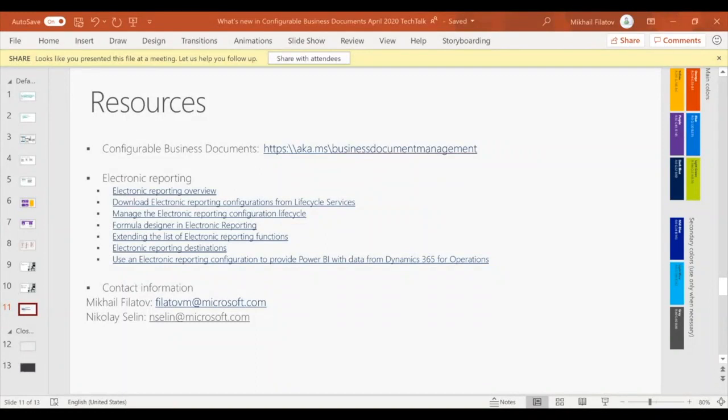You can add any specific configuration which doesn't exist in the system. It's no problem, and we support it, but print management has a defined list of document types. So in order for you to create a new document which would appear in print management,